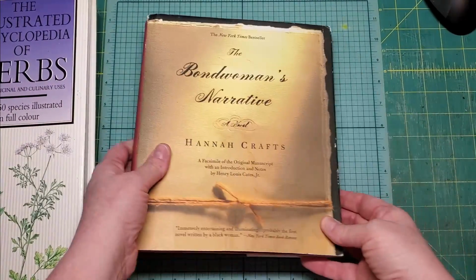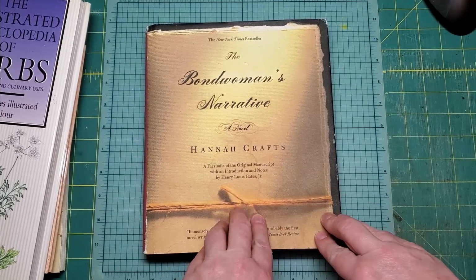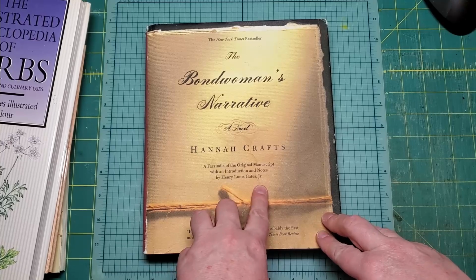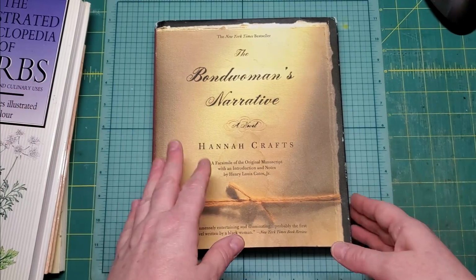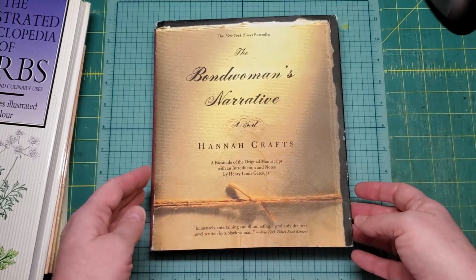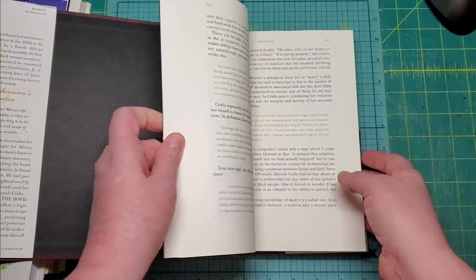This is a big book, and it's a novel, and the introduction was written by Henry Louis Gates Jr., who does that show on PBS, Finding Your Roots, that I love. He just did a series that aired last week on the Black Church, which we watched. I think it was 3 or 4 episodes. It was very interesting. Anyway, he bought this manuscript,